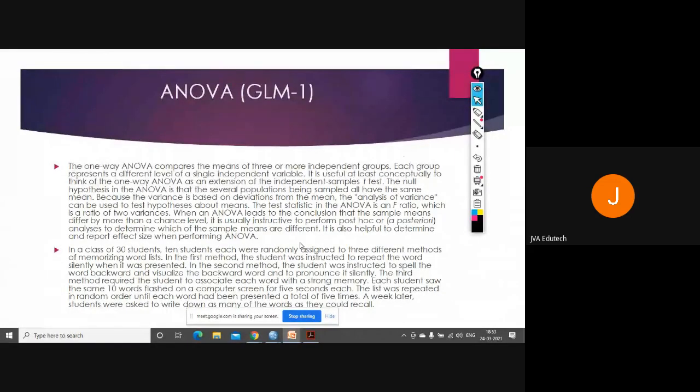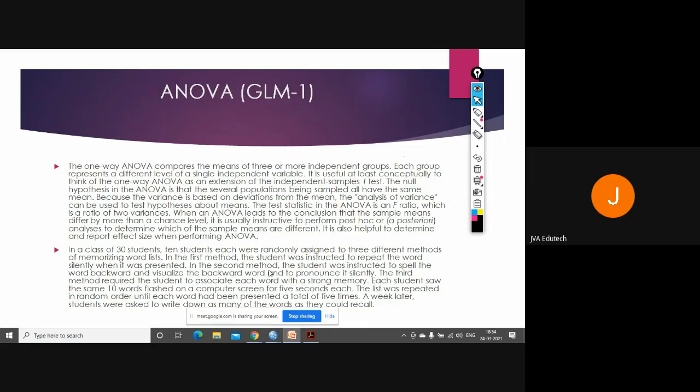Now you have three groups, means 10 each, and three methods of memorizing the words. If you have to test which group has performed better, is there any difference between the group means in the memorizing capacity of the students when they are divided into three groups with three different methods? Now see which method is better. To test this, we can use one way ANOVA because we have one outcome variable, that is the memorizing capacity, that is continuous.